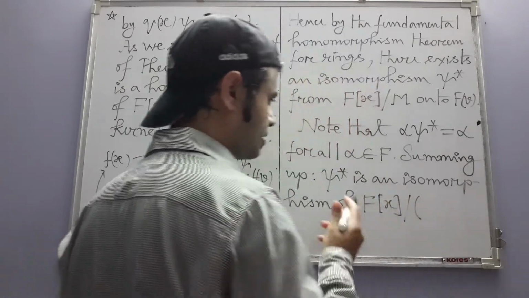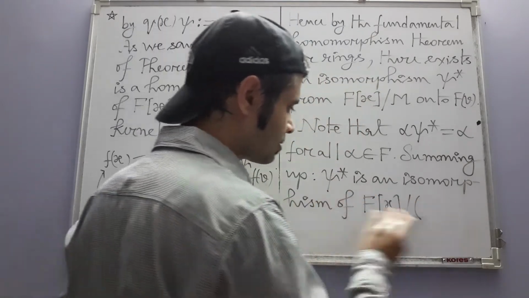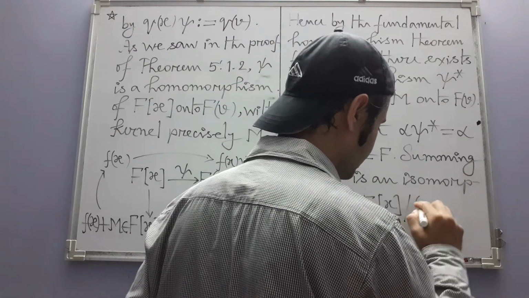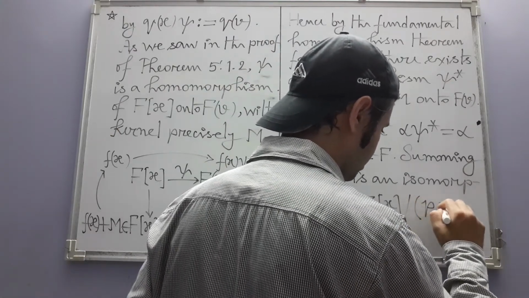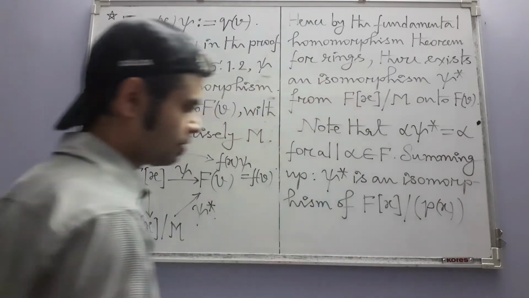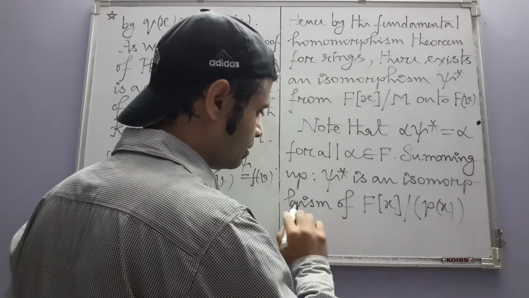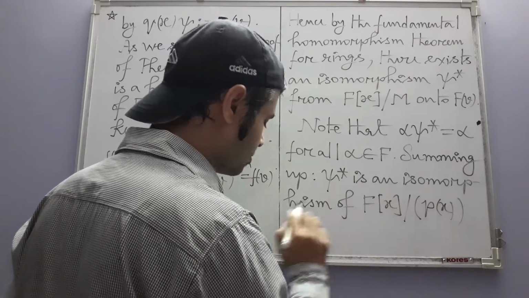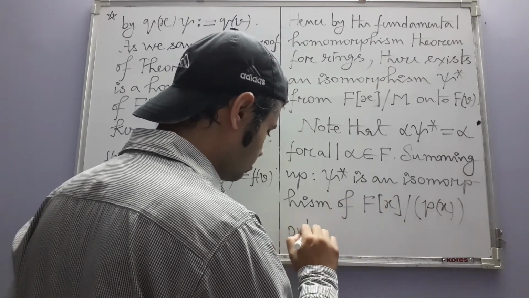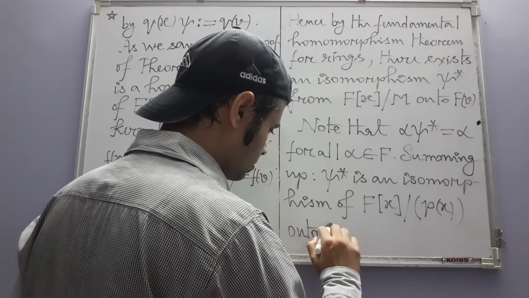I don't know what the purpose of writing this again is, but let me just do whatever he has done. Maybe I'm missing something, so to be on the safe side, let me write it again. An isomorphism of this onto F(v)